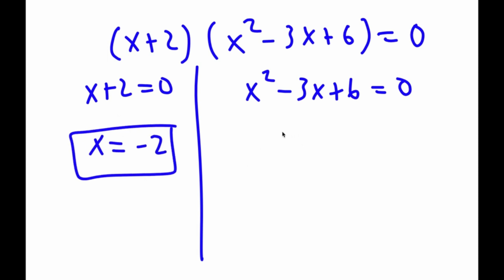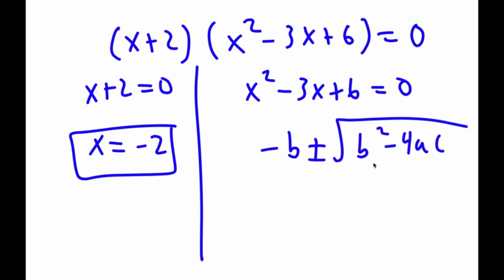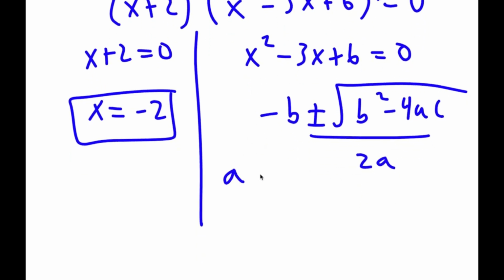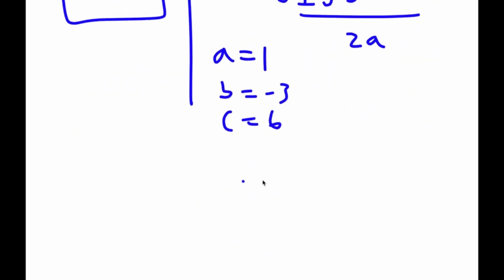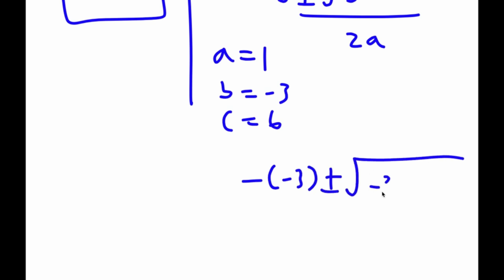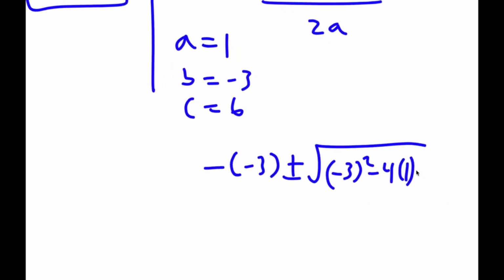And for x squared minus 3x plus 6 equals 0, to solve this we have to use the quadratic formula, which is negative b plus or minus the square root of b squared minus 4ac all over 2a. So in this case, a is 1, b is negative 3, and c is 6. So I have negative 3 plus or minus the square root of negative 3 squared minus 4 times a times